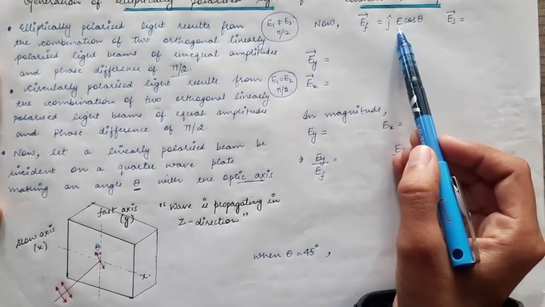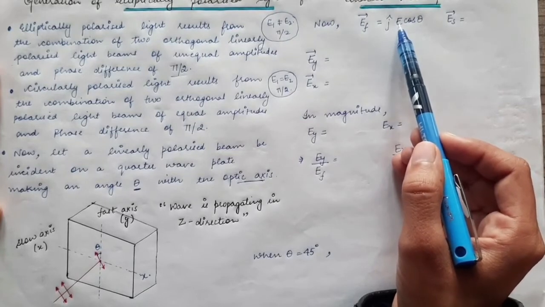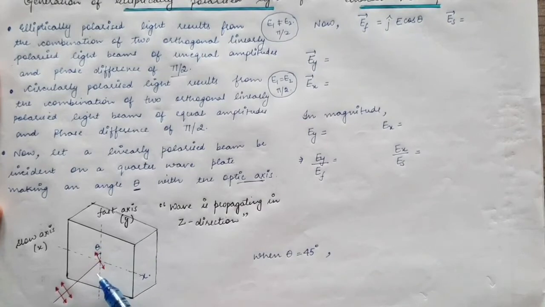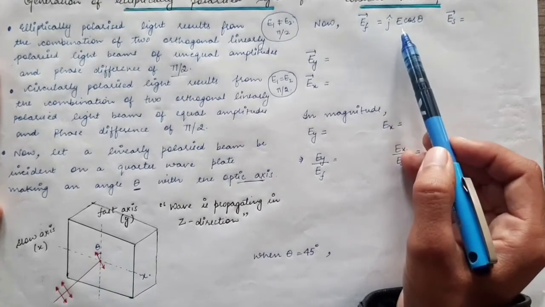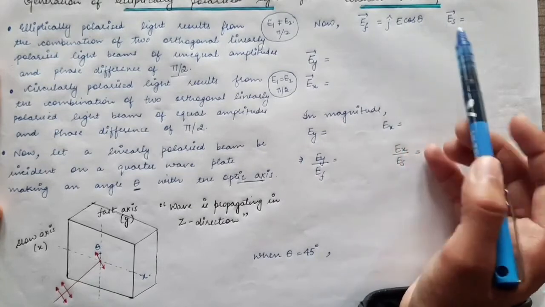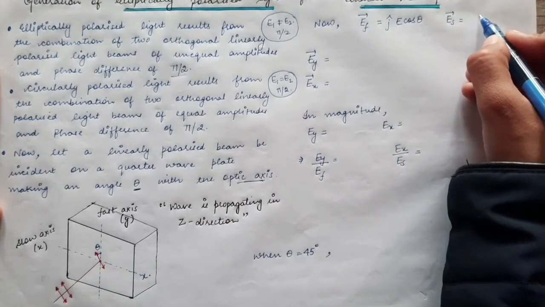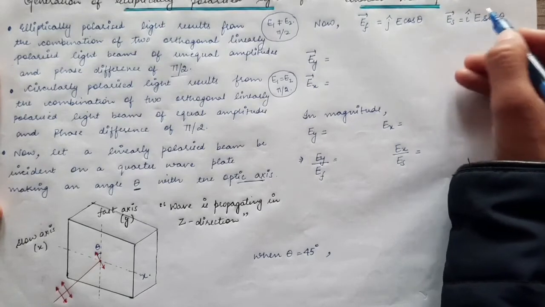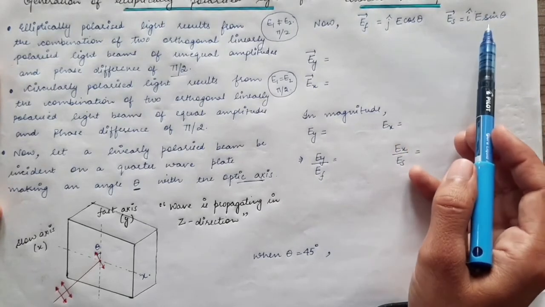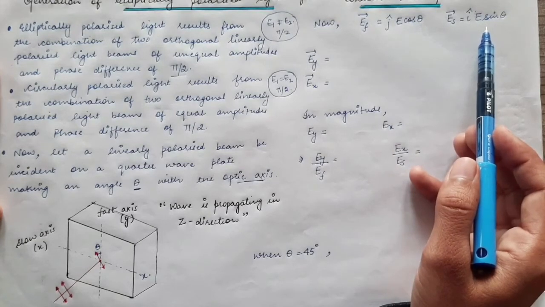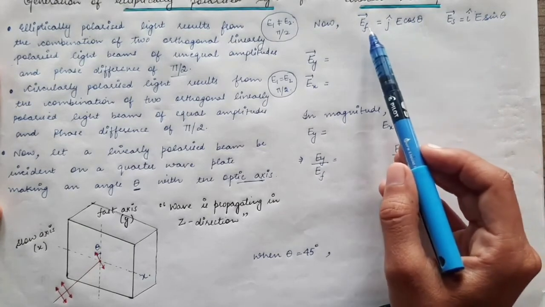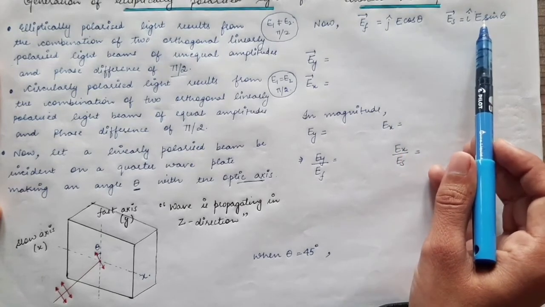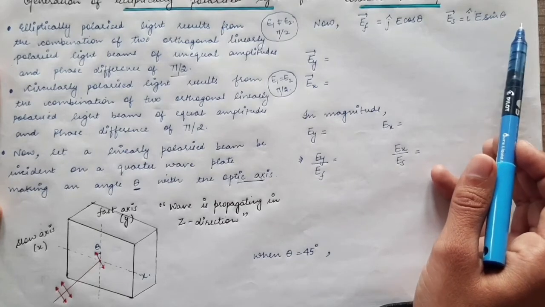Now E_F vector is the component of the electric field which is along the fast axis. This E which I have taken is the magnitude, the amplitude of the electric field vibrations, the maximum displacement. So E_F vector will be given by E cos theta j cap, and E_S vector will be written as E sin theta i cap. So the electric field vibrations of the incident light can be divided into two parts. One will be along the fast axis and will be given by E cos theta, and another is along the slow axis and it will be E sin theta.